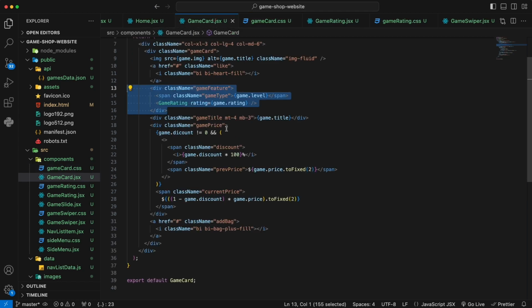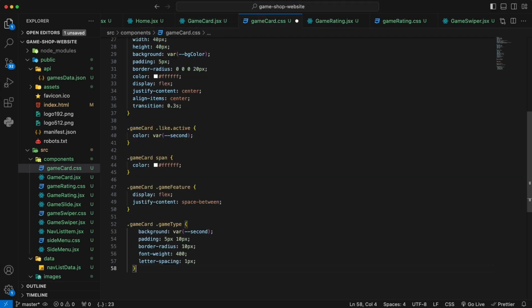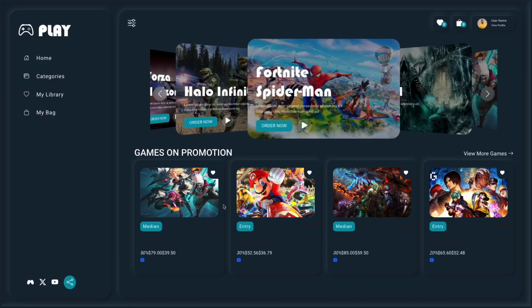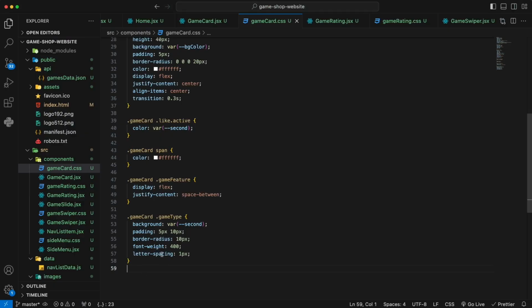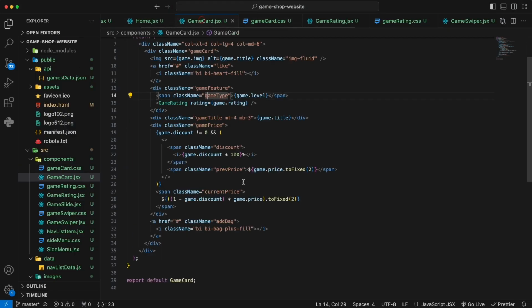And the next part is the game title, the game type inside here. For the game type, I made a background color and padding for it, so it can look nicer. Once it's in, it looks pretty nice. It matches with the rest of the color of the page. And the next thing we wanted to change